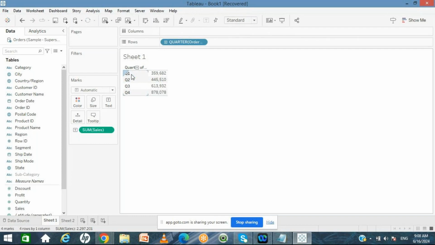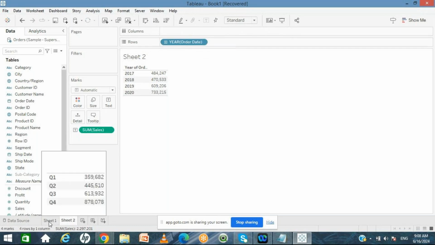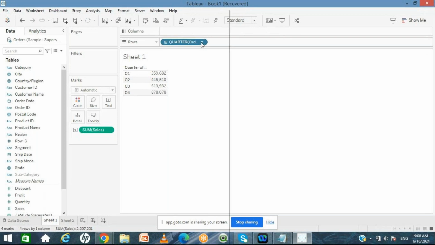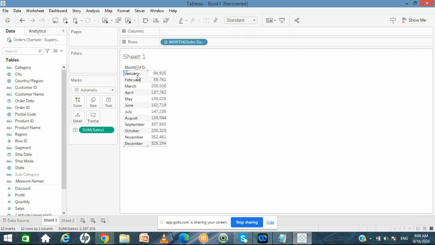Clear? Basically, if you want to change the year to quarter, month, or something else, you are able to change it. In the same way, when you change the quarter to month, January is not for a single year. It is for all the years' January, combining all the Januaries from 2017, 2018, and so on. We can only see 12 months,